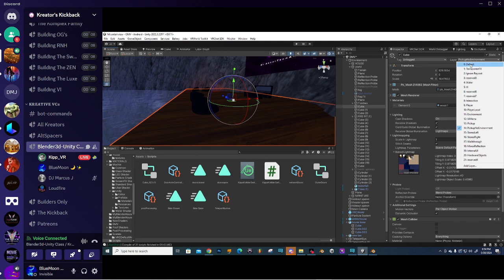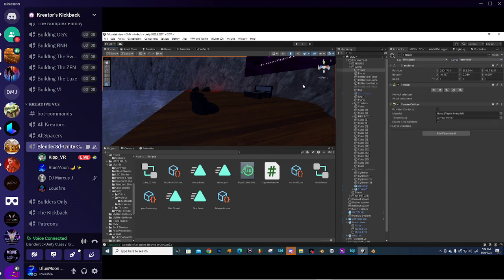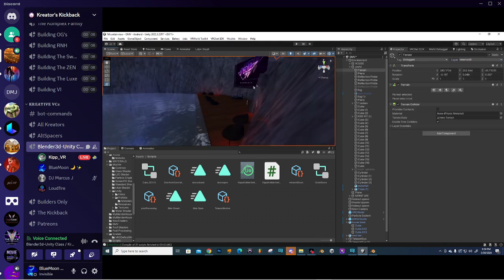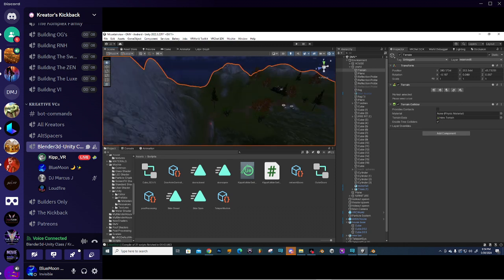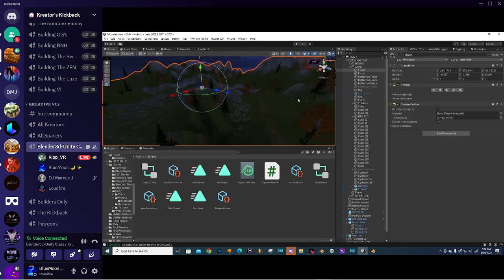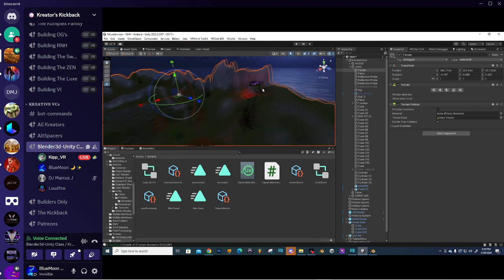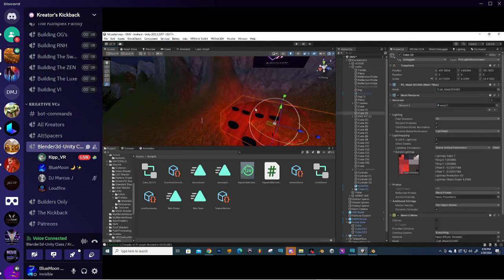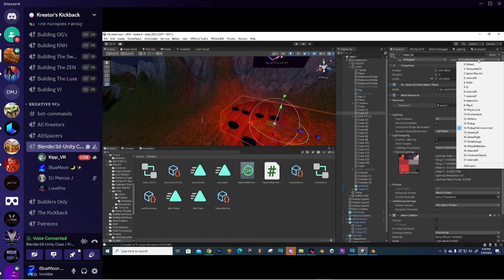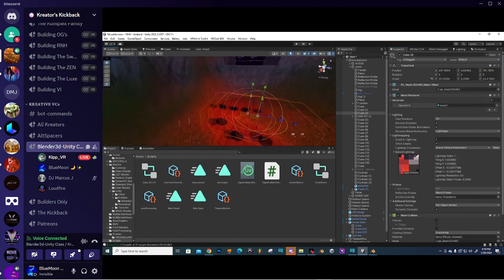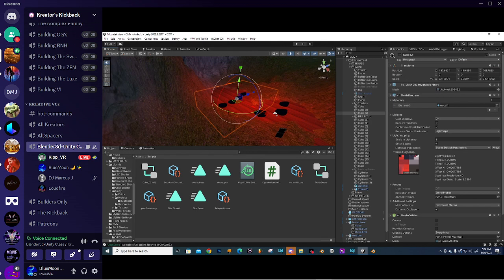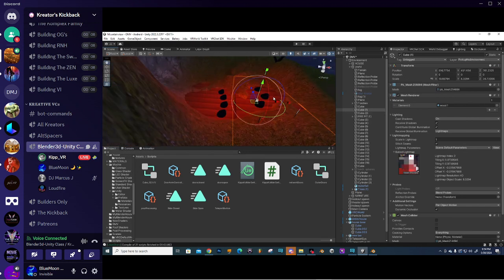So all you do is just change this to default. Anything that you have a mesh on and you're falling through it, you just want to double check on those, and pick no environment, default, because it does have a mesh collider on it. Let's see here, that one as well, default,